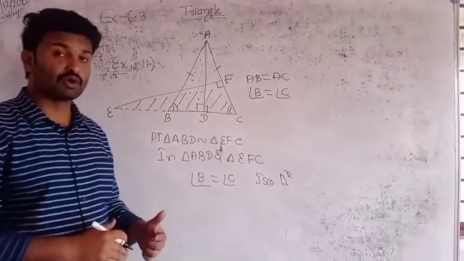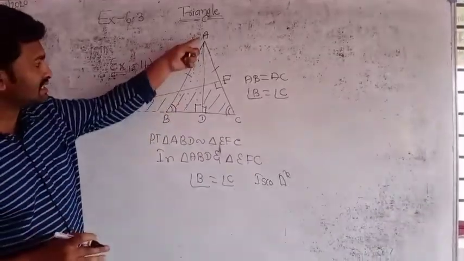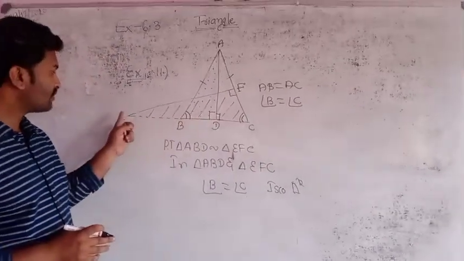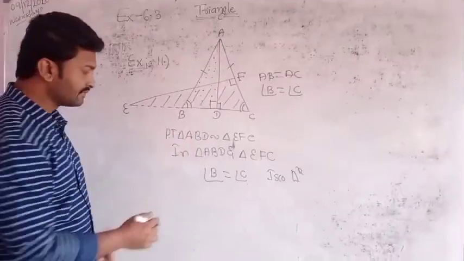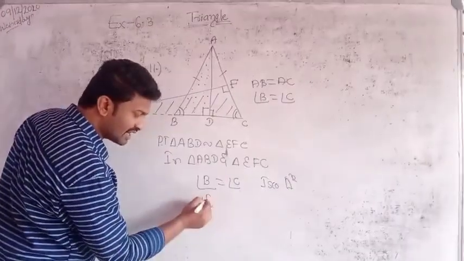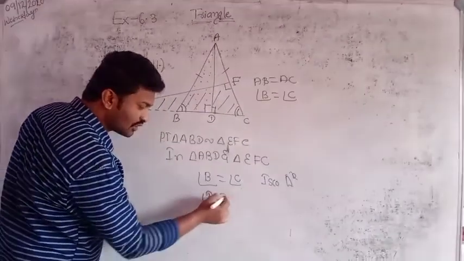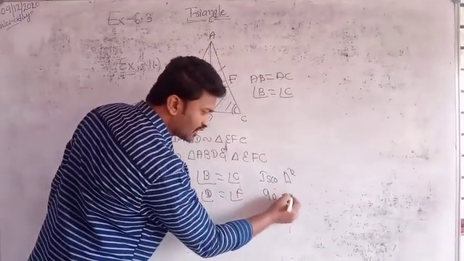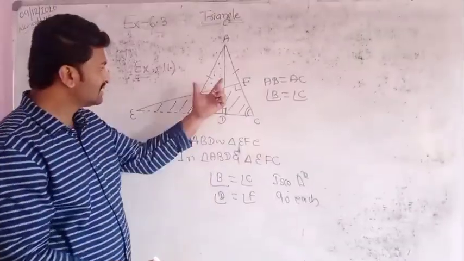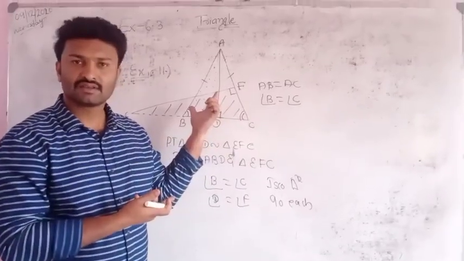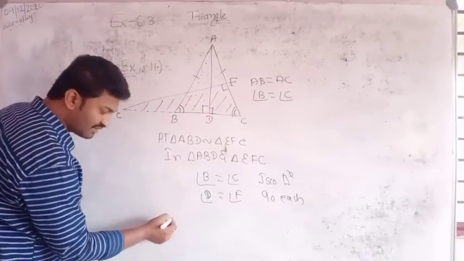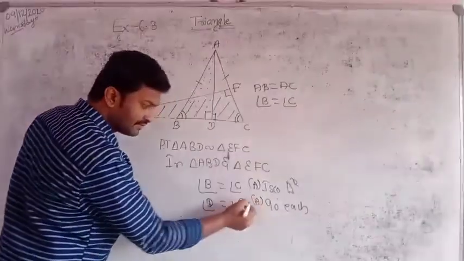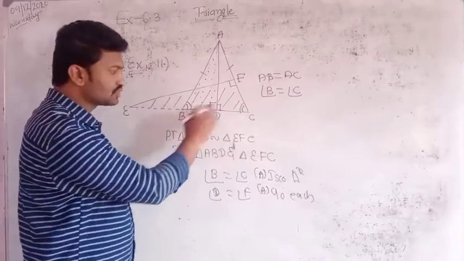Okay. And next one more. He has given AD is perpendicular to BC, means D equals 90 degrees. And one more, EF is perpendicular to AC, means F is also 90. Therefore, angle D equals angle F. Reason, 90 degrees each. Both are in the corresponding triangles only. And therefore, by AA criteria, this is also an angle and this is also an angle.